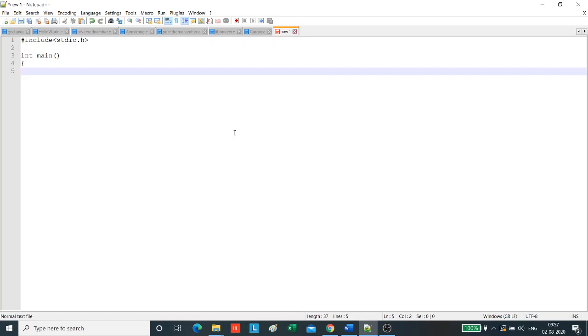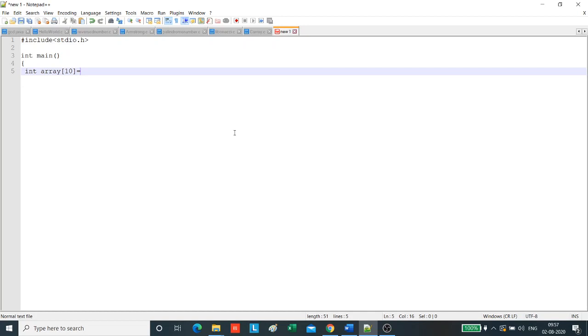Now we know how the array is declared. First we write the data type. Here I am taking an integer array, so I'll write int. Then I'll give any name to the array. Let me name the array as array, and we give the array size. Let me take 10 elements in the array.